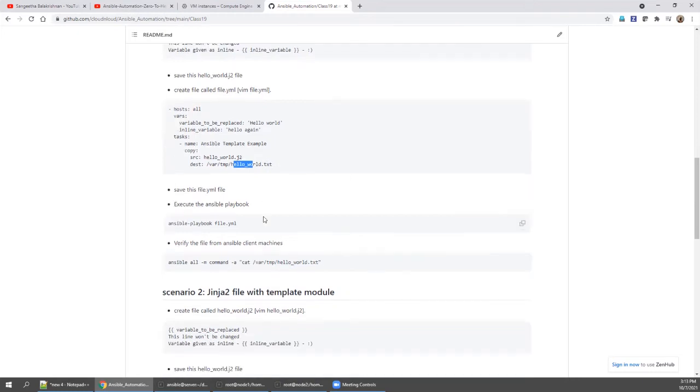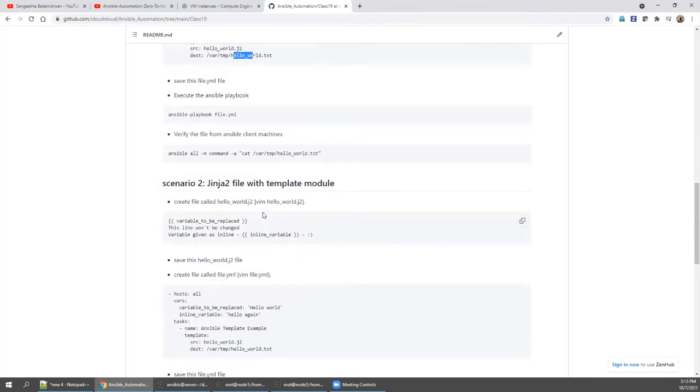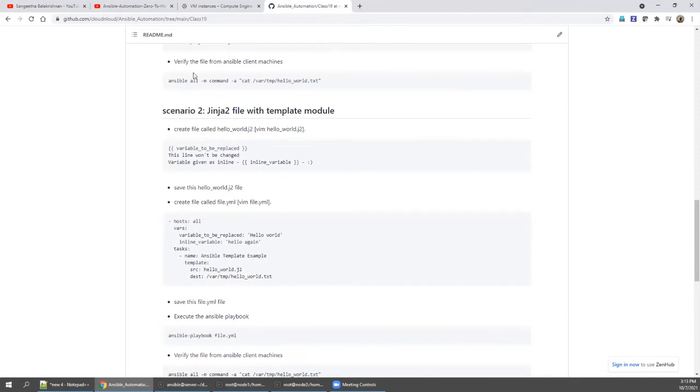So what we are going to do is the same thing but with a different module. Scenario 1 and scenario 2 are the same, but the small difference is that scenario 1 has the copy module and here it is the template module, right?